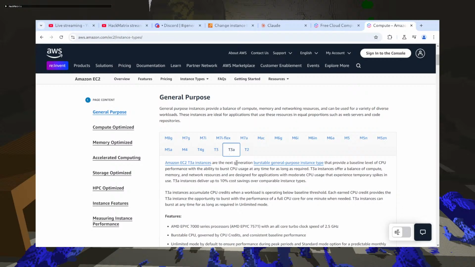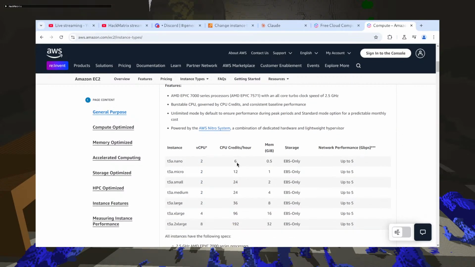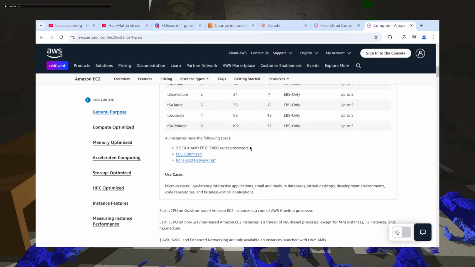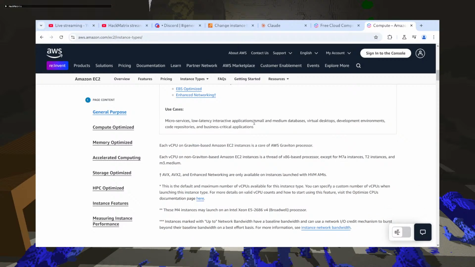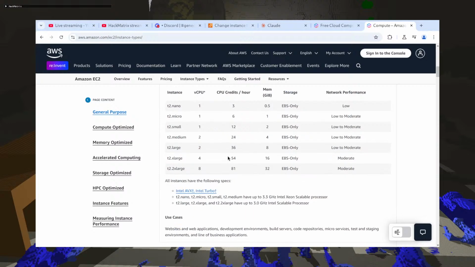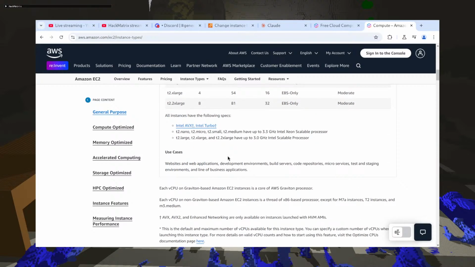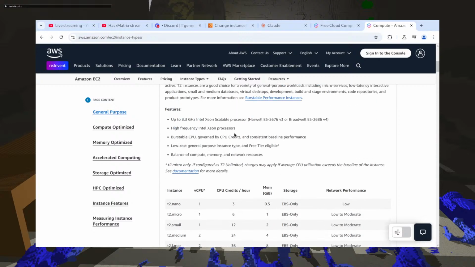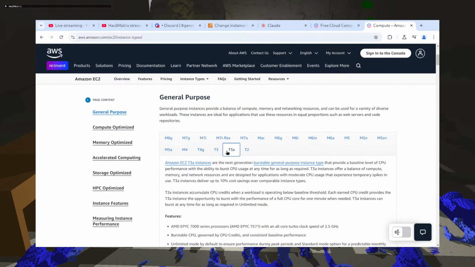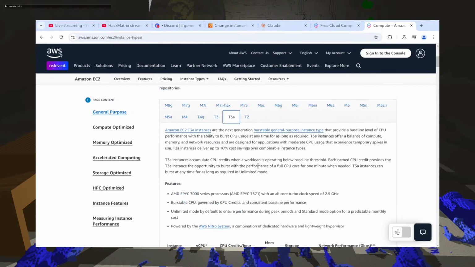So what's the difference between a T2A medium? Okay, how do I get pricing on this?